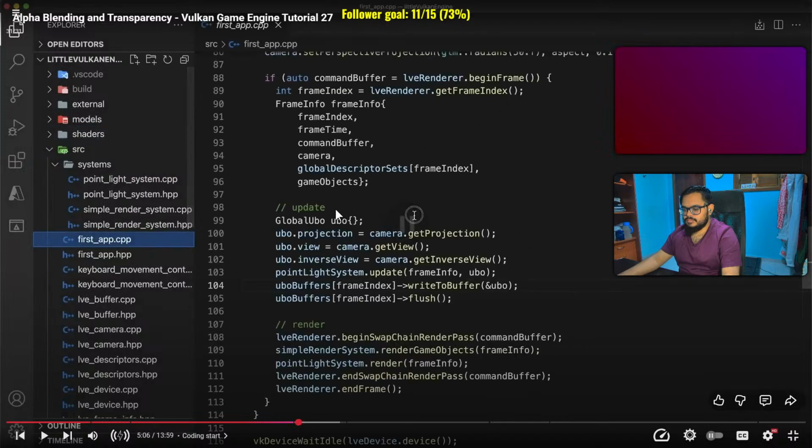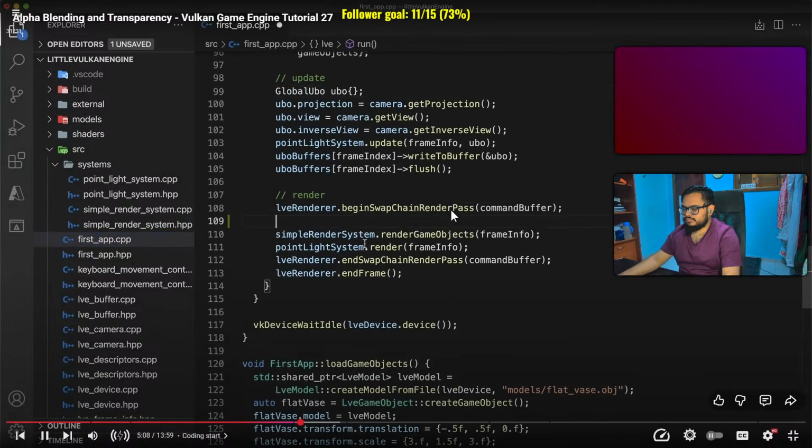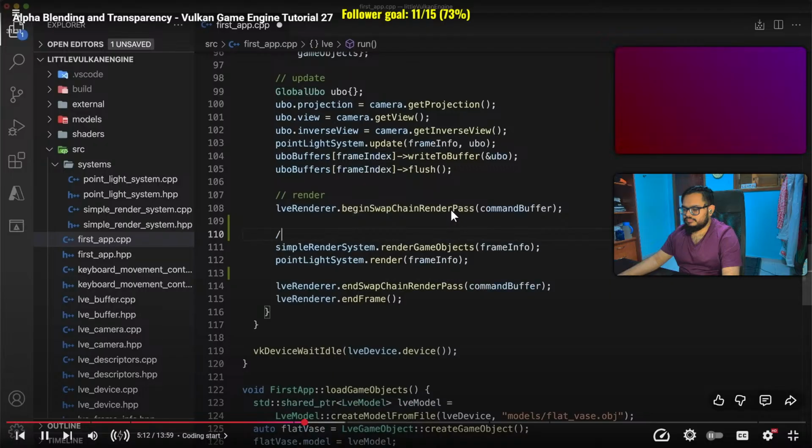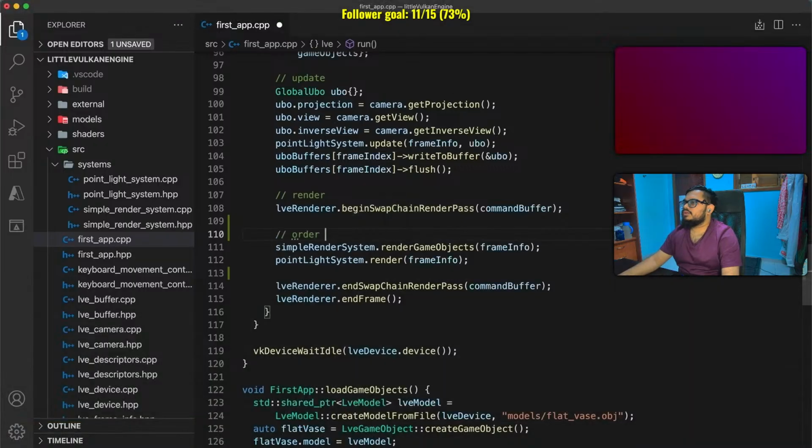First, we will need to render all the solid objects in the scene. So in the first app implementation file's run function, make sure your simple render system